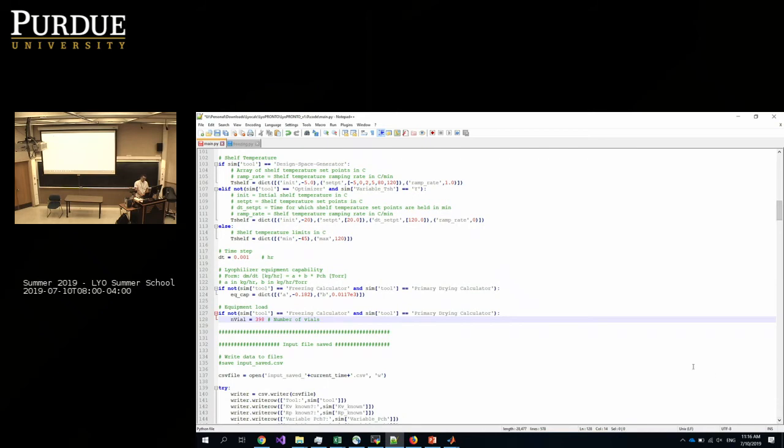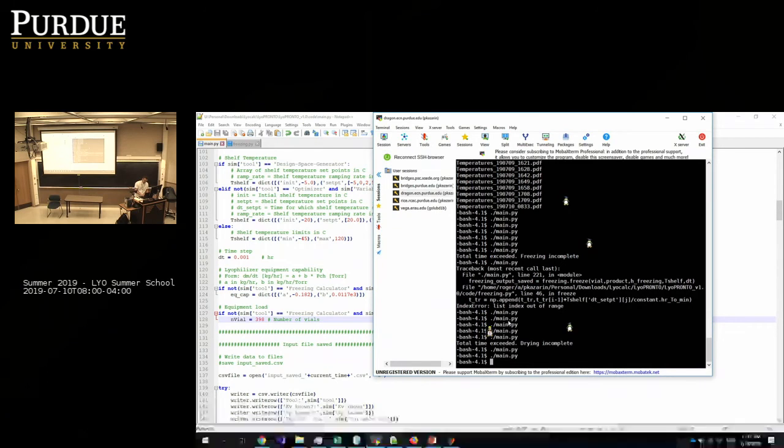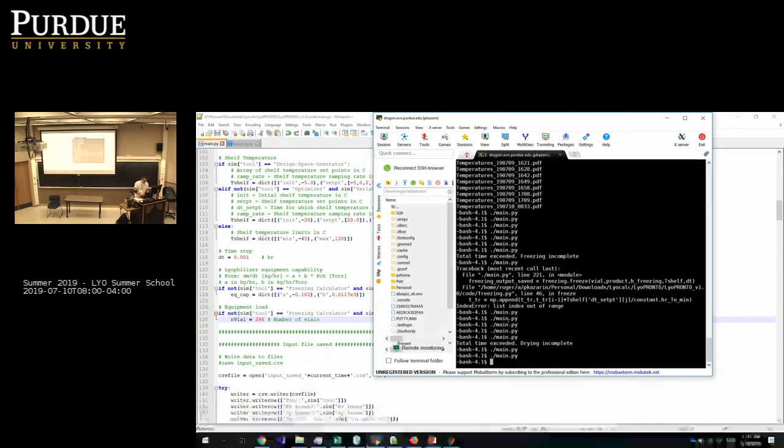So that's it for the input files. We just save our changes in the file, and the only thing left is to run the script. We are in the folder, and we run this Python script from the command line, hit enter.